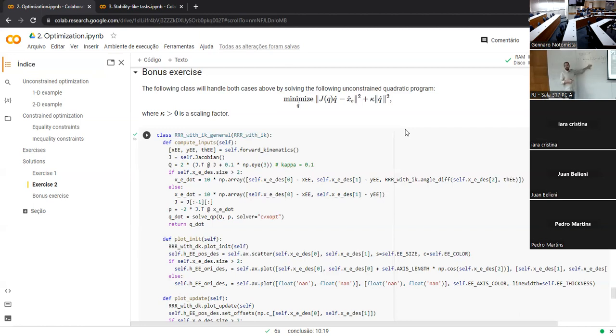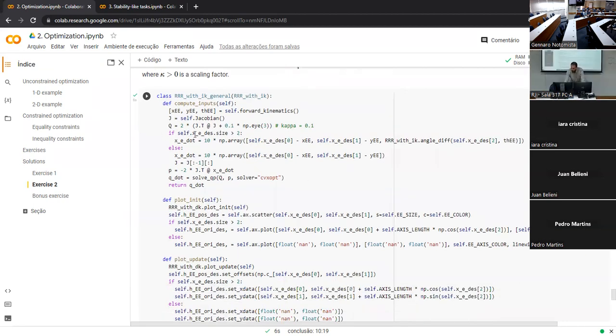There is no constraint, it's just an unconstrained quadratic problem. And you can try to solve it by hand. Actually, this is quite simple, right? Because you just need to write down the necessary condition for optimality, which is that the gradient of the cost is 0. And since this is convex, that's going to be the global minimum. But here is a solution using the solve QP function, where you see it's unconstrained, but now the cost